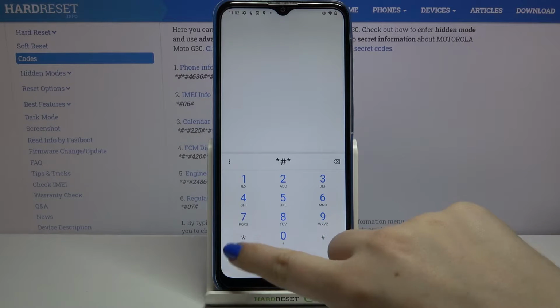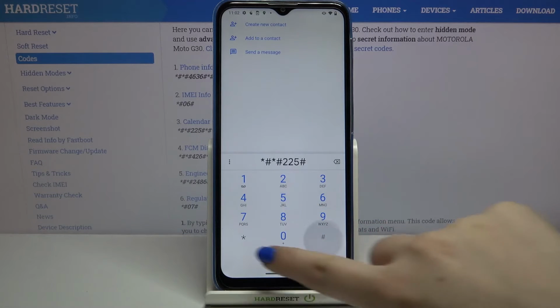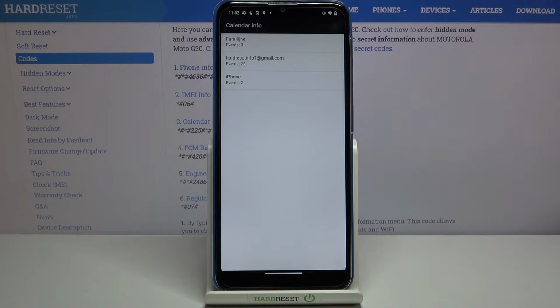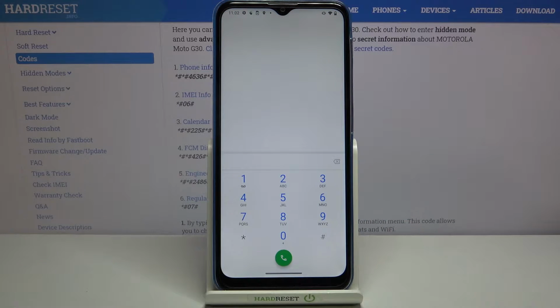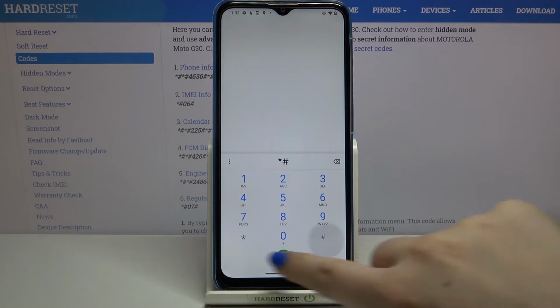It is *##225#*##. And as you can see, we are in a calendar info. Here we've got some family events, some events attached to your mail. What's more, you will be able to also check some holidays in your country and events attached to them. So this is the place where we've got all the events stored in one place. Let me get it back and let me show you another code, which is